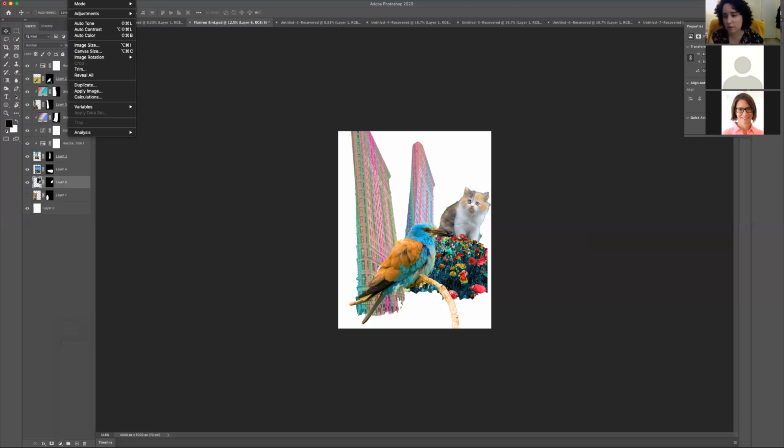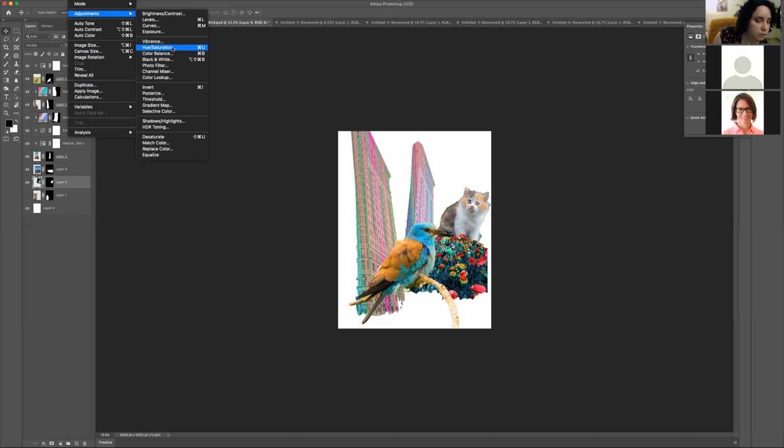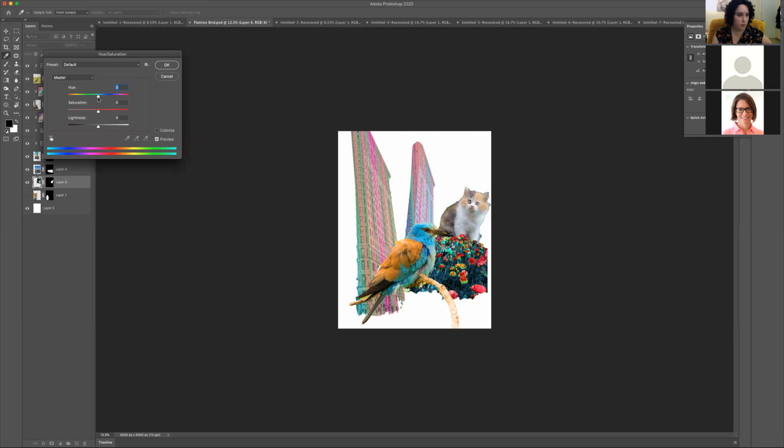Image. Do you guys want me to send you those gradients or not? Just the 3 gradients that I just made, and you can load them into your own Photoshop. Image rotation, adjustments, hue saturation. Okay, sounds good. Nah, no, I don't know about that, but